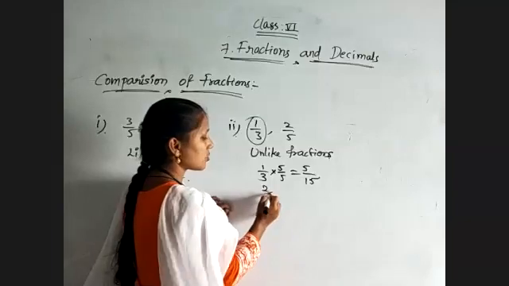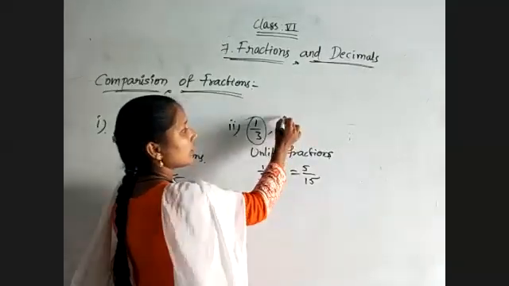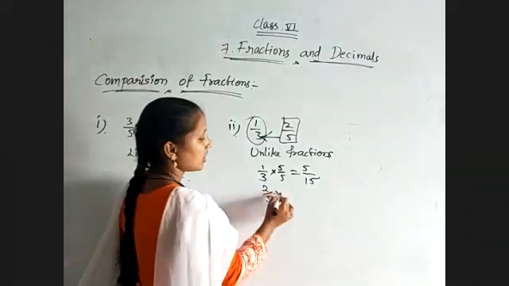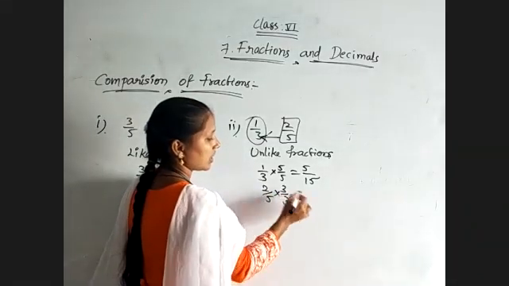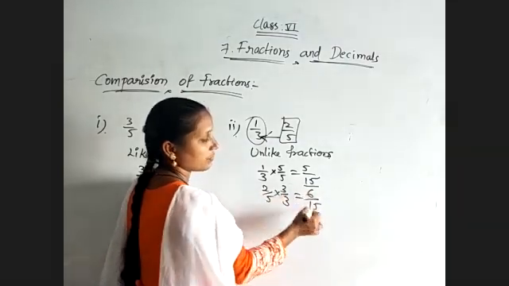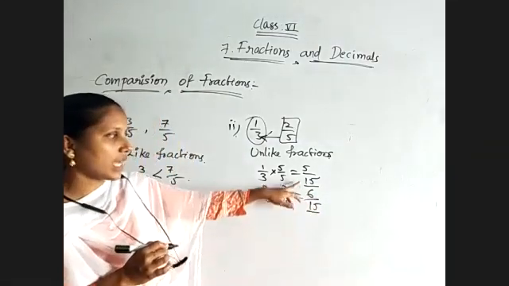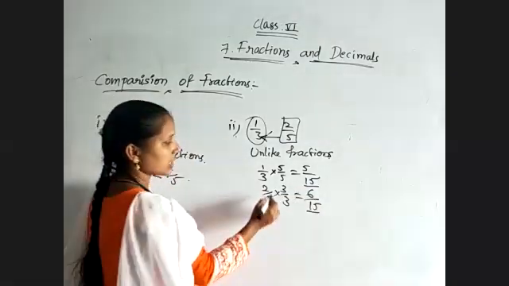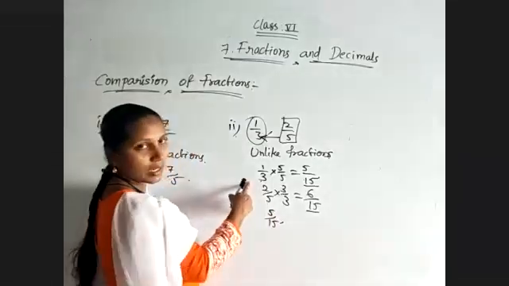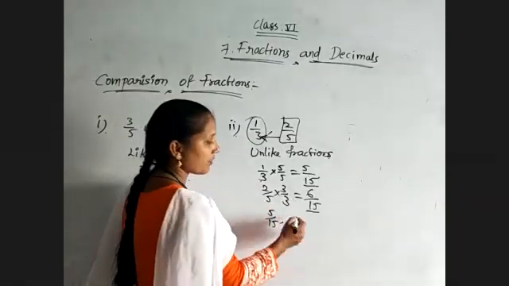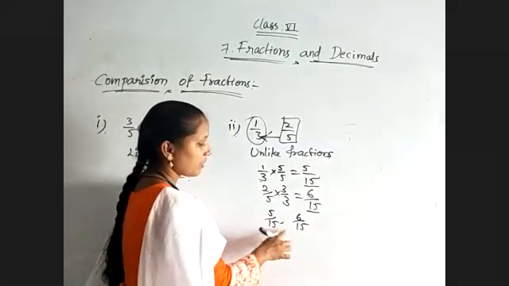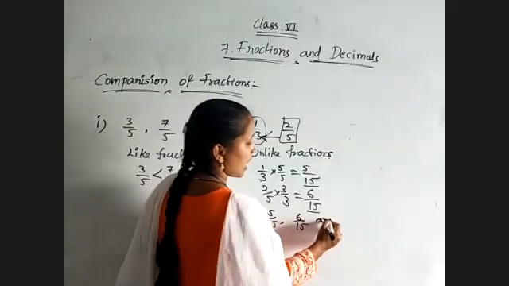Now the second fraction is 2 by 5. So now we are taking this fraction, so we need to consider this denominator. That means 3 by 3 is equal to 2 threes is 6 by 5 threes is 15. Now the resultant fractions have 15, 15 as denominators. Means they have become like fractions. Means instead of 1 by 3 we can use 5 by 15 because it is equivalent to 1 by 3. And instead of 2 by 5 we use 6 by 15. Now 5 by 15 and 6 by 15 are like fractions.